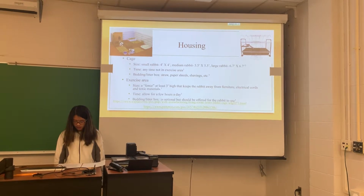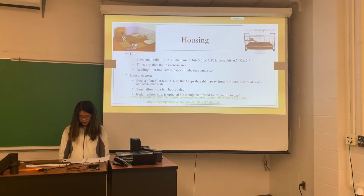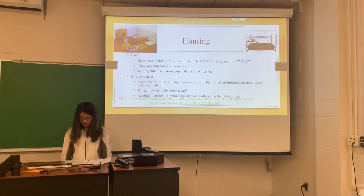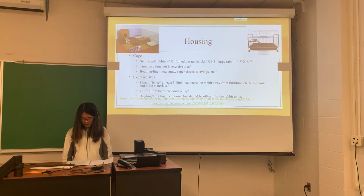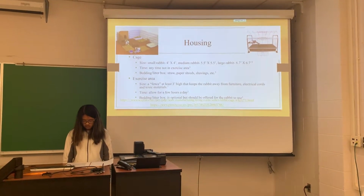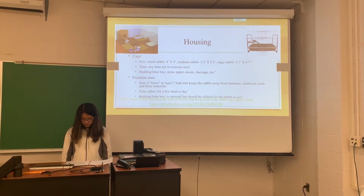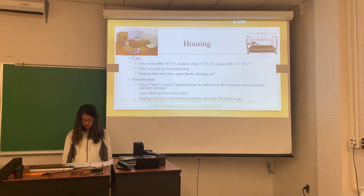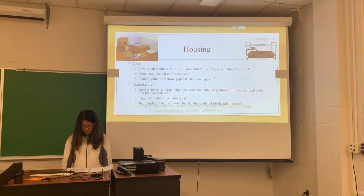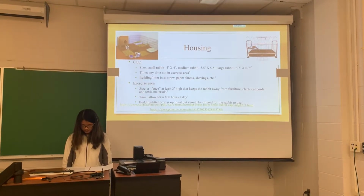Another factor to think about is the time spent in the cage. This should be any time the rabbit is not in the exercise area. The next important piece of information to think about is the bedding inside the cage. Usually the bedding can also act as a litter box. Being that the rabbit should not be in the cage all the time,